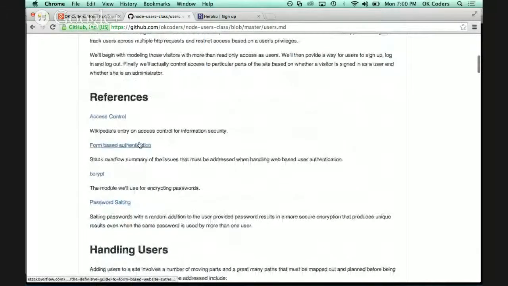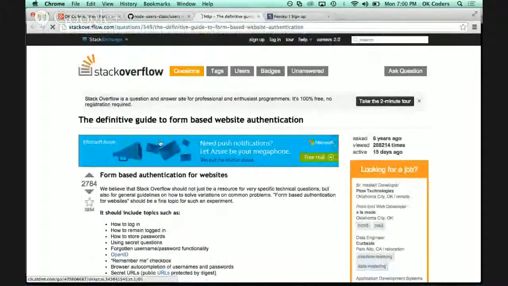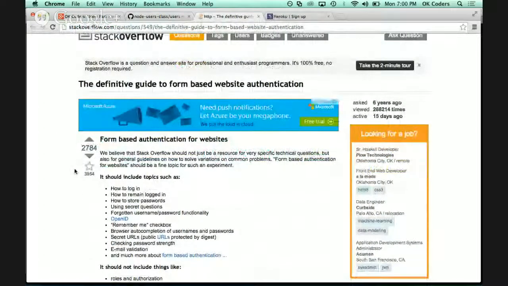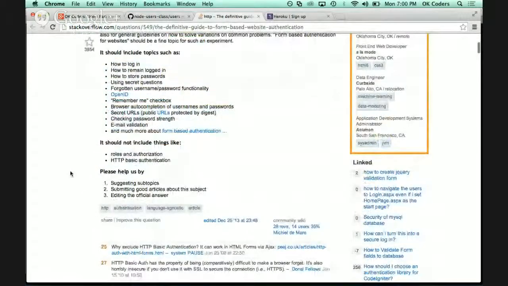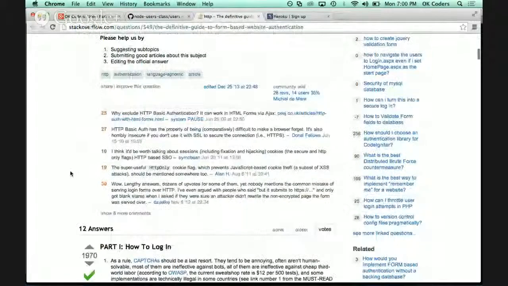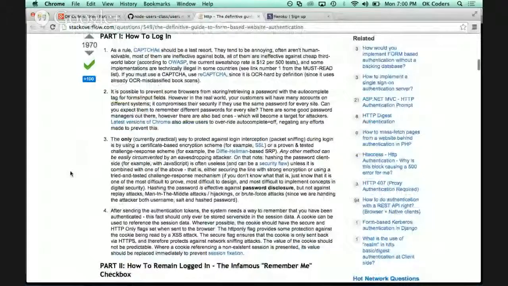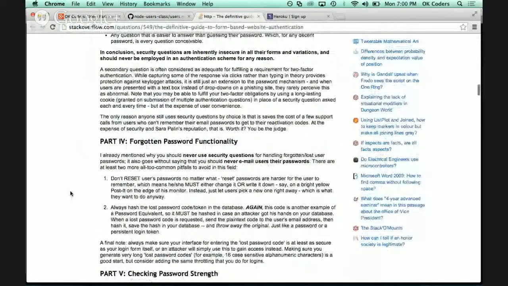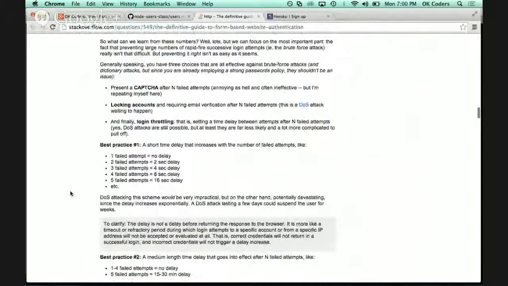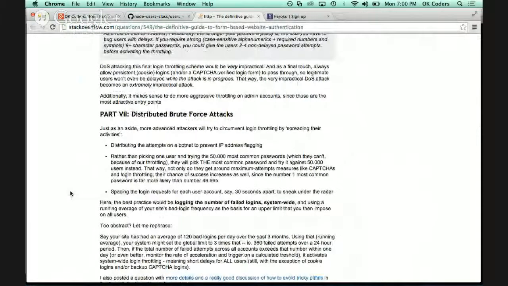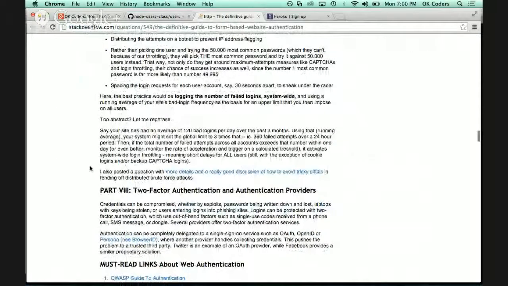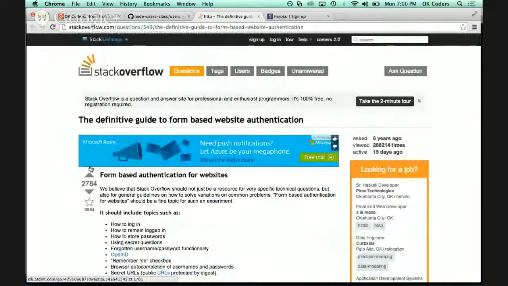It's this form-based authentication link, and this is from the web page. This is a Stack Overflow post where this guy is like, how the hell do I do user authentication? What's the right way to do this? Things that I need to think about. And these guys are like, here, consider this. And the answer is yeah, this is all the stuff that you have to think about, all the stuff that you have to worry about. And so I hope you get the sense of this kind of exercise